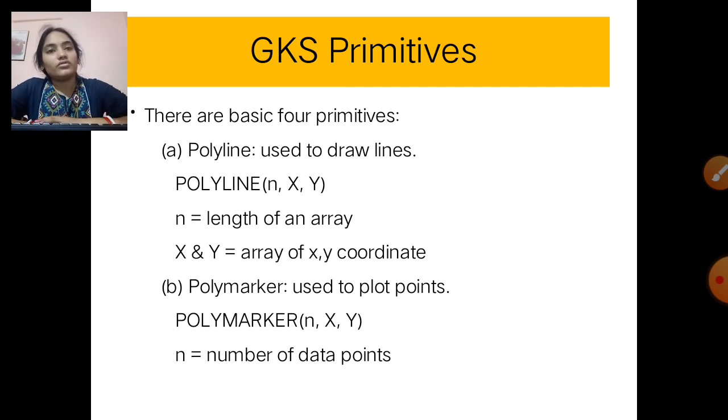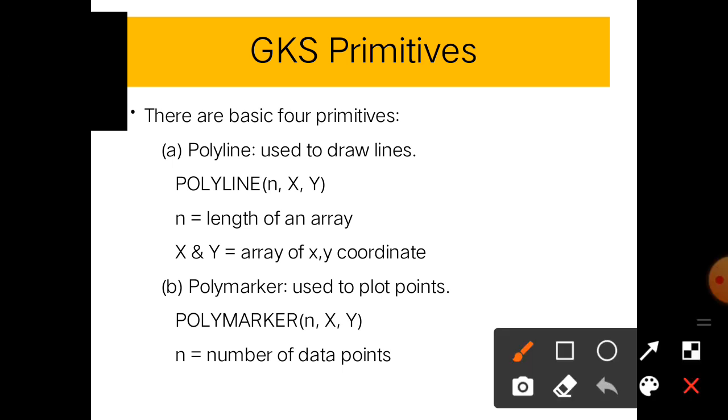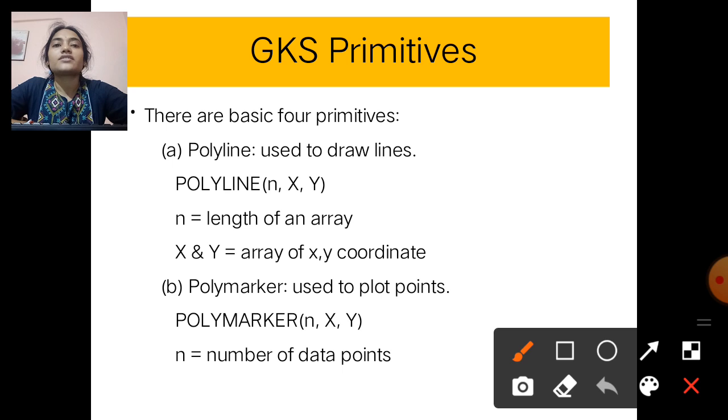Next we have discussed GKS primitives. There are basic 4 primitives. First one is polyline. Polyline is used to draw lines. The command is polyline n, x, y.